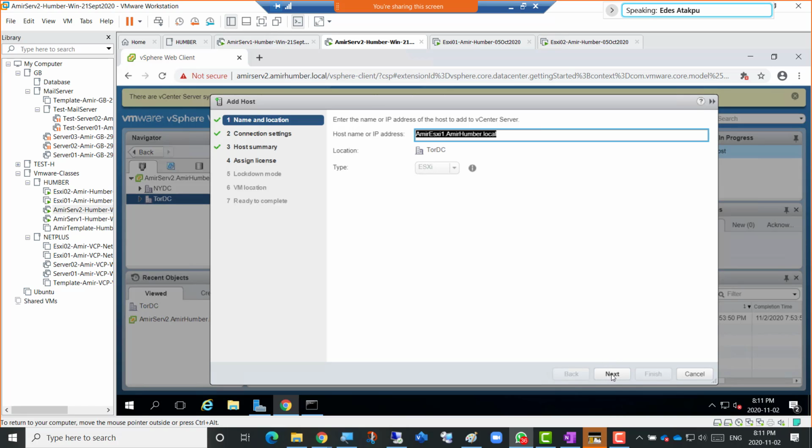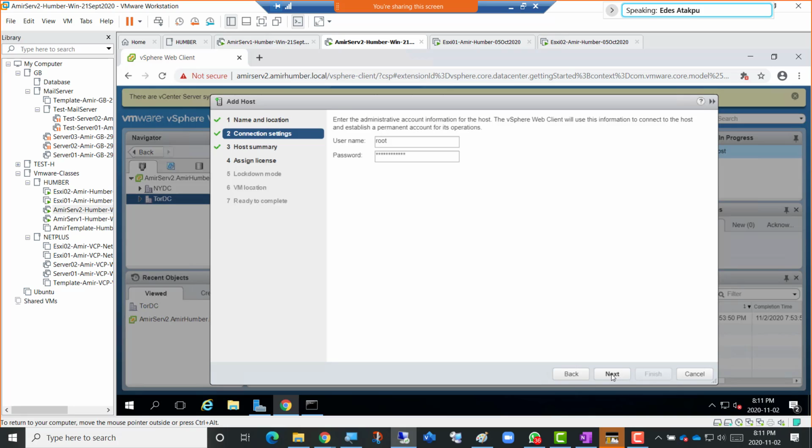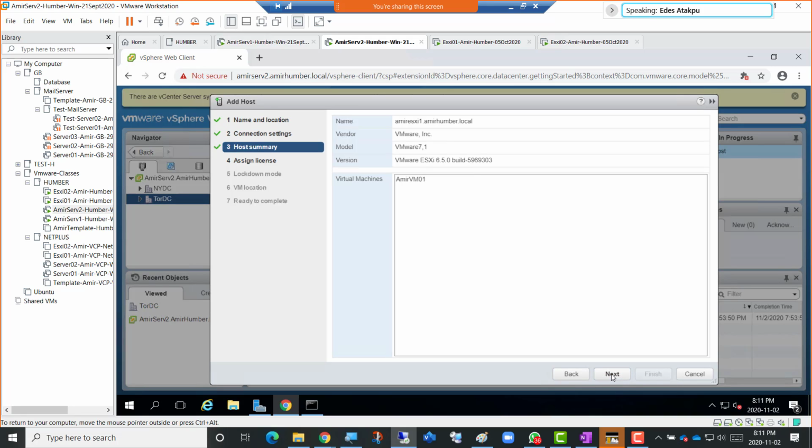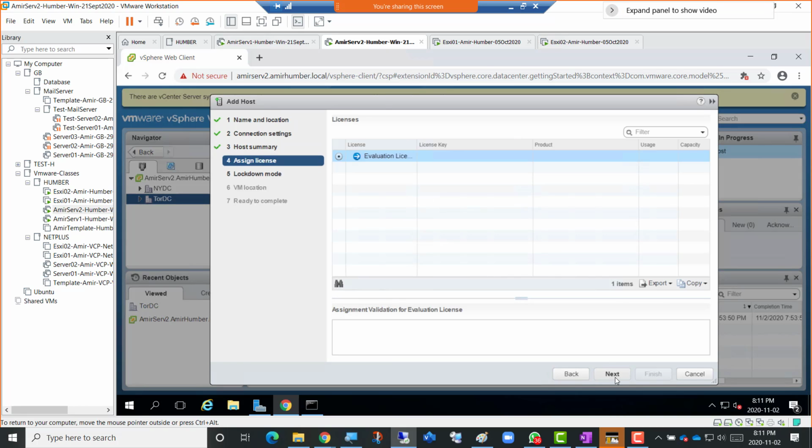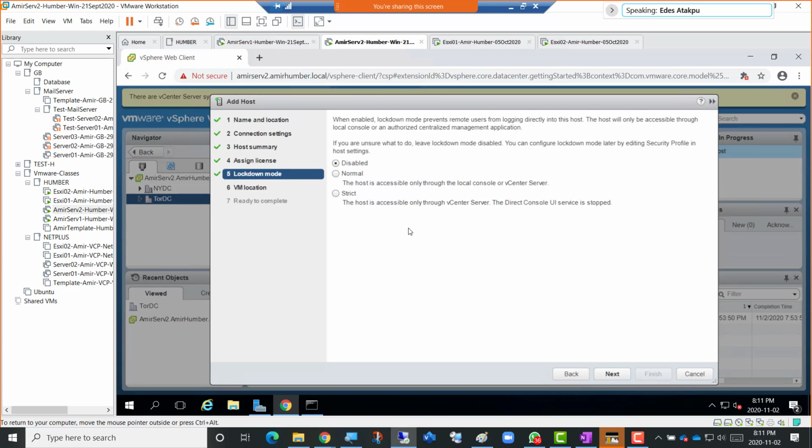Power button. Let's click Next. And root and password. Next. Yes, it shows whatever we created inside, which is okay. Next. So it just tells us it will expire in 60 days, which is okay. Yeah, it's a trial version, we know that. And next. So guys, here we need to make sure that we understand what lockdown mode is first of all,